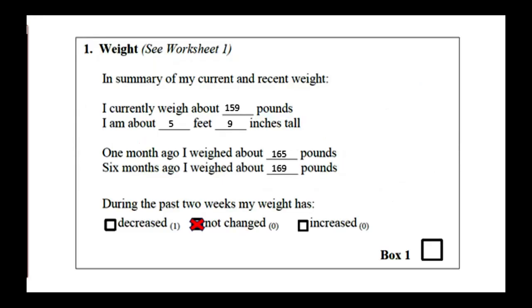So this would be additive. We would want to put a 2 here. However, if their weight had decreased in the past 2 weeks, we would actually put a 3 there because these boxes are additive. Now let's go to box 2,